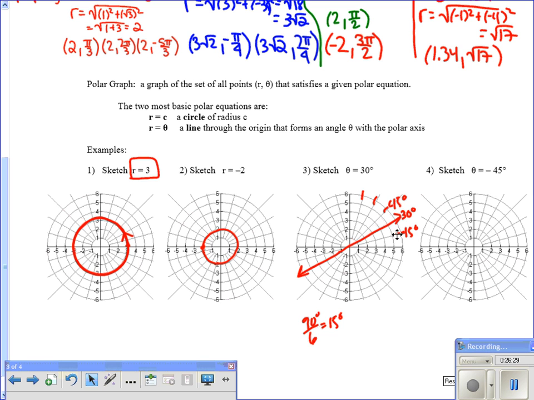So then for the next one, I have theta equals negative 45 degrees. So on here, negative 45 degrees would be down going this way in the negative direction. So we want any r value with theta being equal to negative 45, so that would be this line right here. So what we're going to do next is we're going to actually be practicing polar graphing on our graphing calculator, and we're going to be graphing